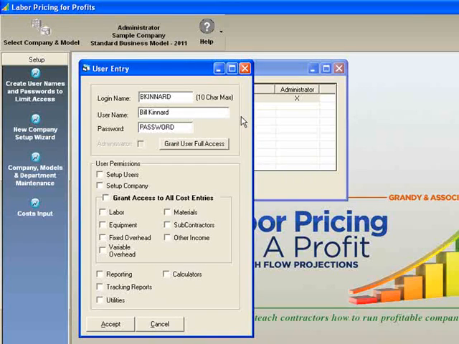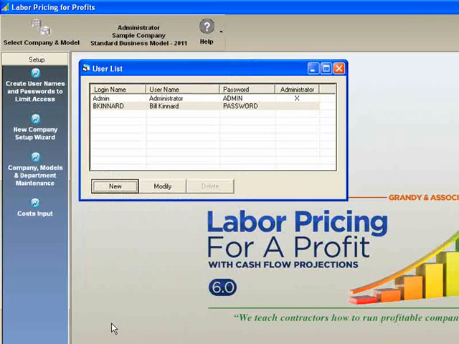Now, below that, we can now establish the permissions. What do we want to give this particular user access to within the software? Well, if I want this user not to be able to set up users, obviously I don't want to check that, or set up a new company. Again, we just simply give them access to the individual areas that we want to create. Now, if this is you and you are using the software, you can simply click on Grant User Full Access. At that point, it will, in effect, check everything and make everything available to you within the software. Once that's set up, you can now click on Accept, and you can see the new user is now created